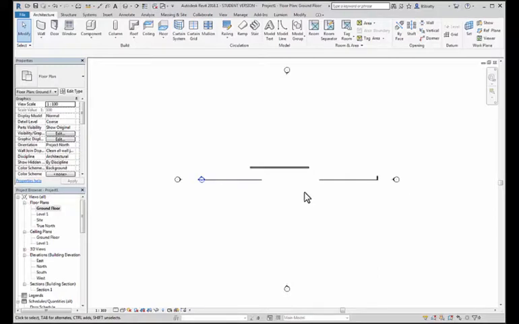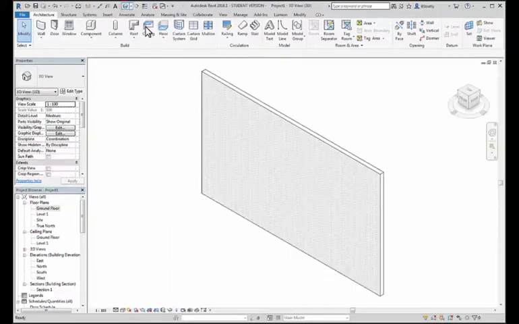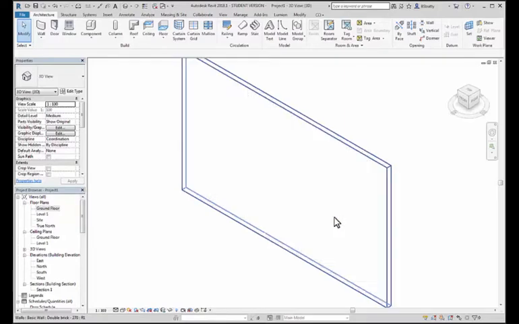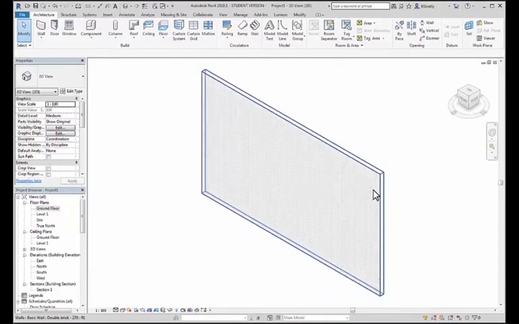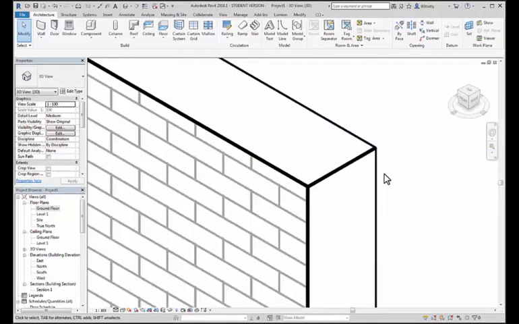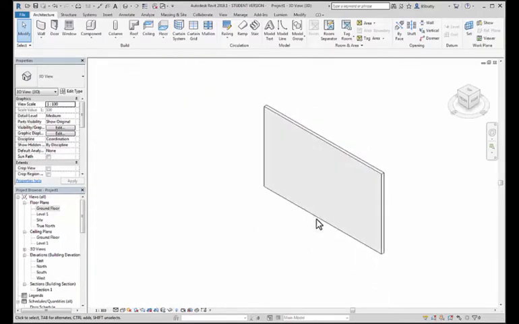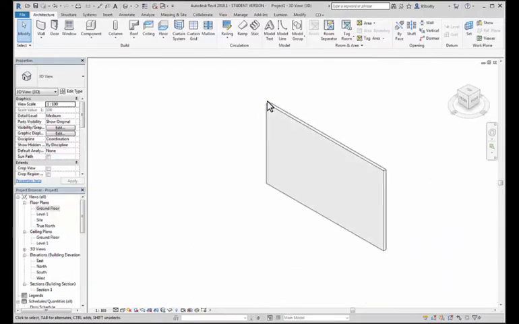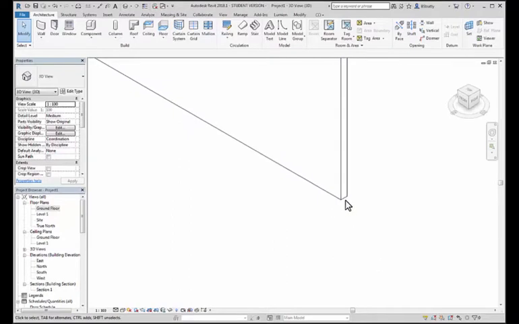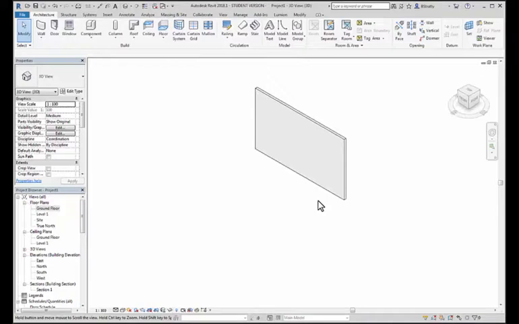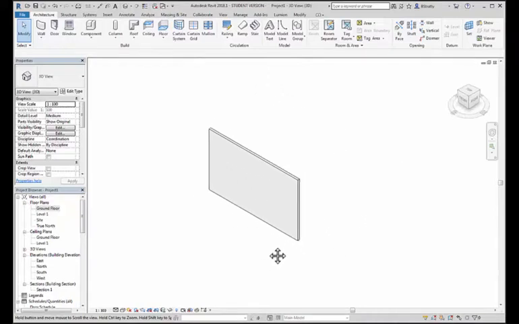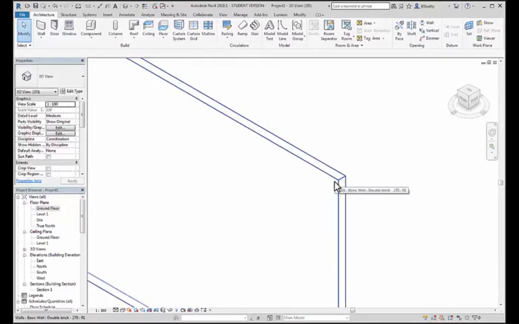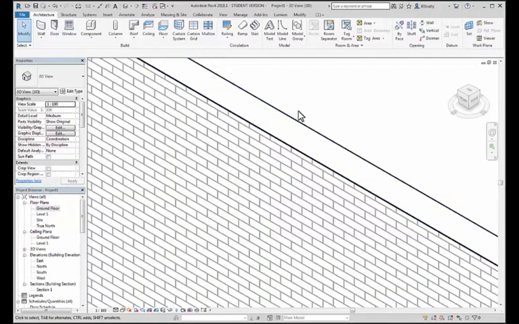Let's have a try of those zoom and pan in 3D. So select the little dog kennel up here, the default 3D view. That takes you to your view. We can scroll in and out, rest your cursor at the corner of that wall, and scroll in and out. It's simply putting your cursor where you want to go to and scrolling towards it. Holding that mouse button in and moving your mouse around, you can pan around. So we can zoom to the corner and we can pan, release,